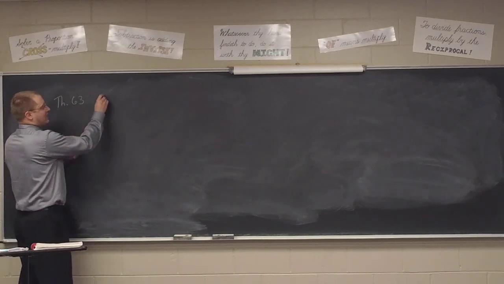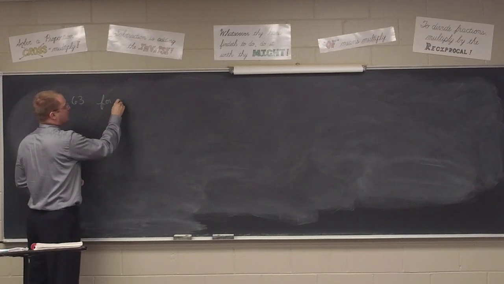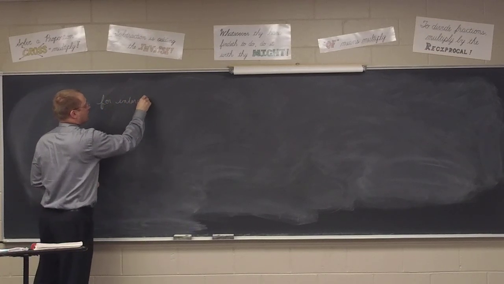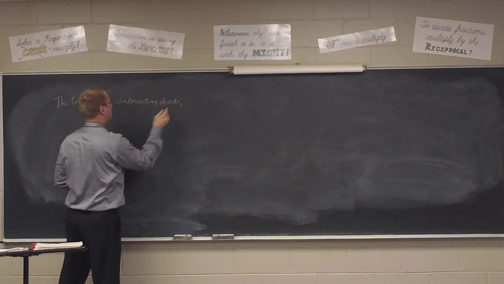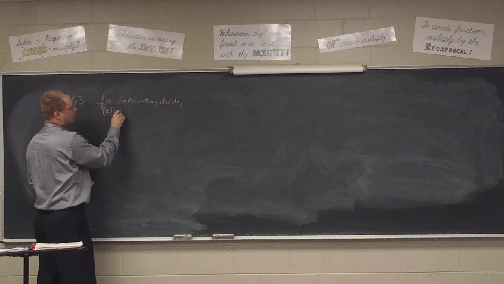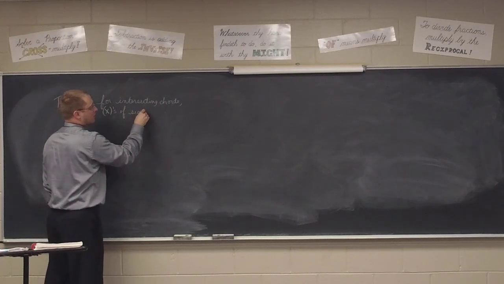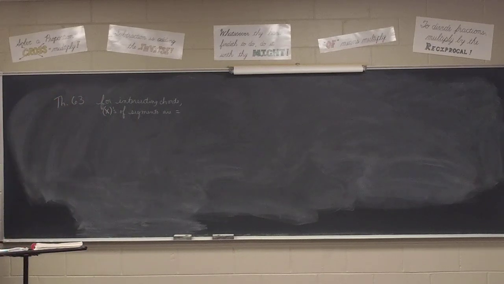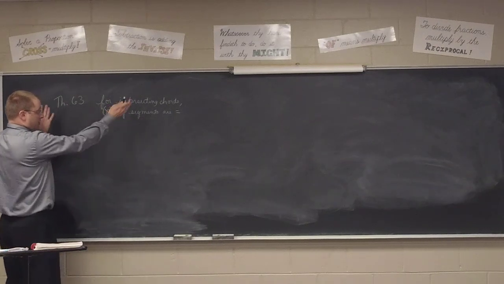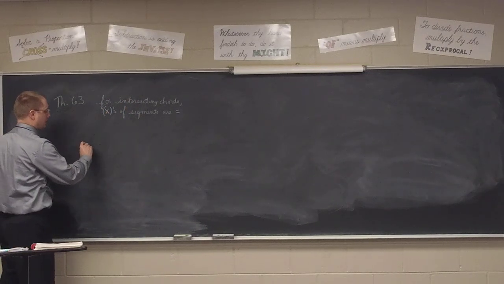What we're going to condense this down to is to say this: for intersecting chords, products of segments are equal. For intersecting chords, products of segments are equal. Kind of reduce the entire theorem down to that. If you would, down below where you write Theorem 63, for intersecting chords, products of segments are equal, go ahead